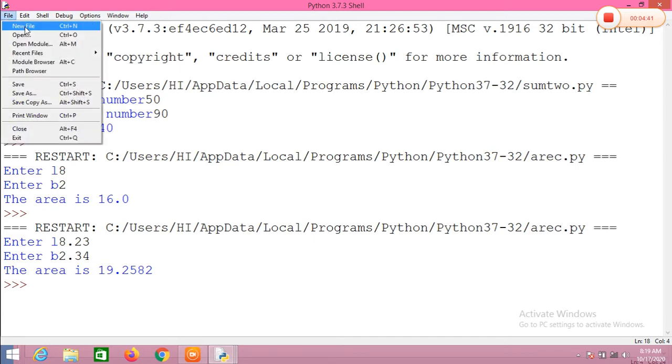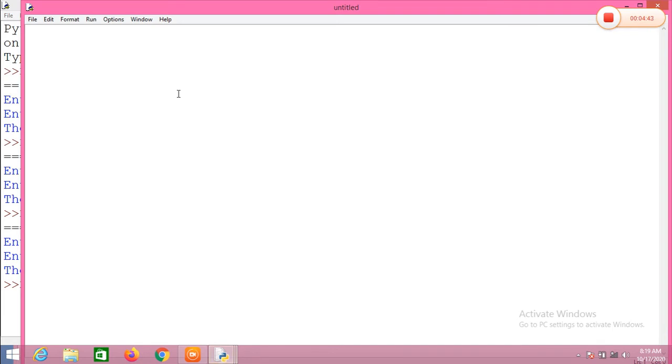Now one more program we are doing, calculating the BMI of a person. Write a program to find BMI. Right, in BMI we need weight.